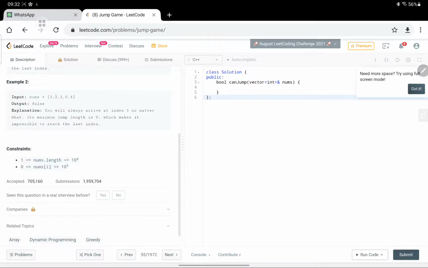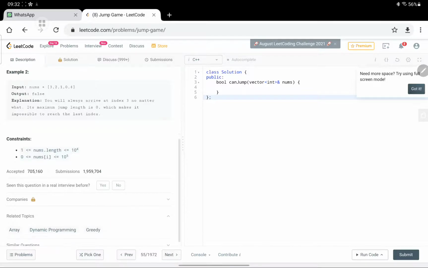From here also we can jump 2 positions and we will land on 0 at the maximum. So we need to cross that, and so either we go here or at 1. From 1 also we can only jump 1 position to 0. So the maximum we can land is on 0, which is the second last, and from there we can't go anywhere, hence the output will be false.